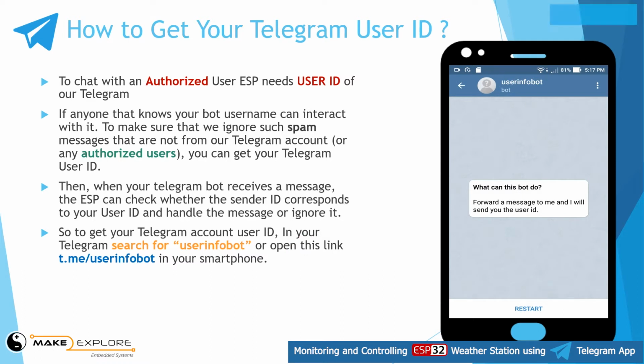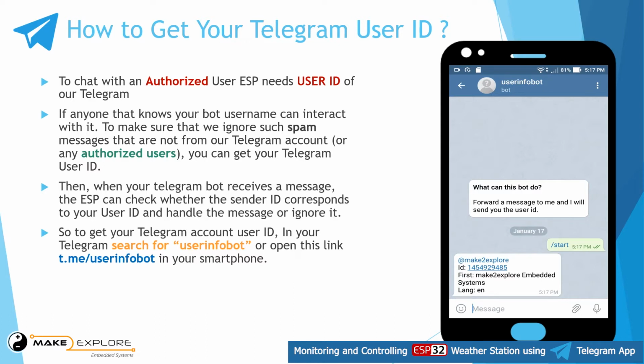Okay, it is a bot. It will ask what can this bot do. Forward this message to me, I will send you the user ID. Click on start. If you click on the start button, it will send you your user ID and all this information. You can see here it will show your user ID, name and other things.